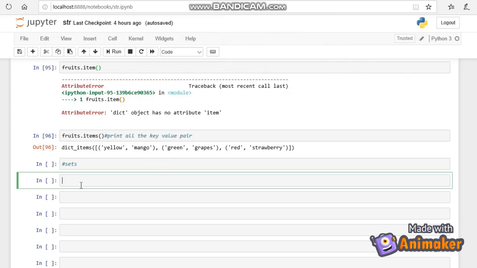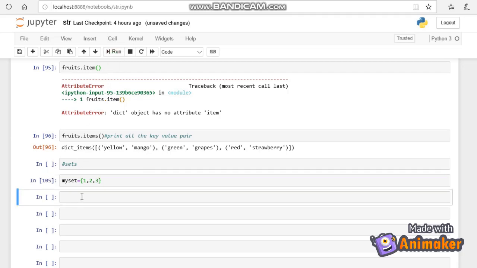Sets are also an unordered collection of data types, so they cannot be accessed via indexing. So let me give some examples. My set equal to 1, 2, 3. To create a set, we should use the set function.